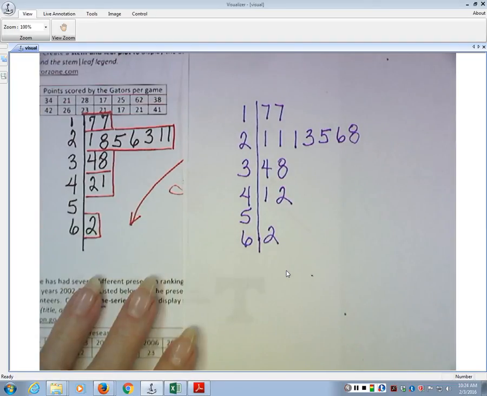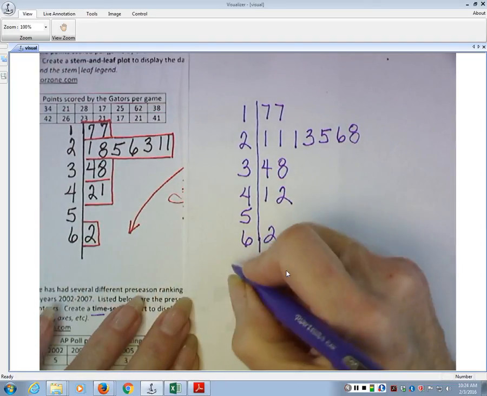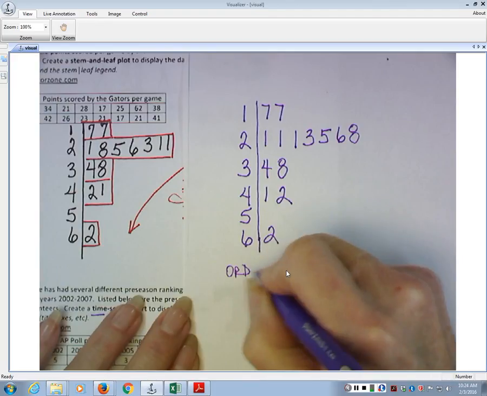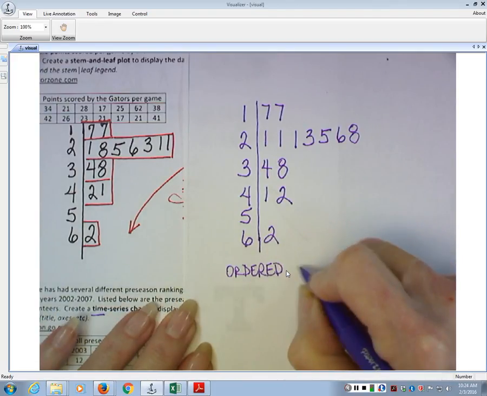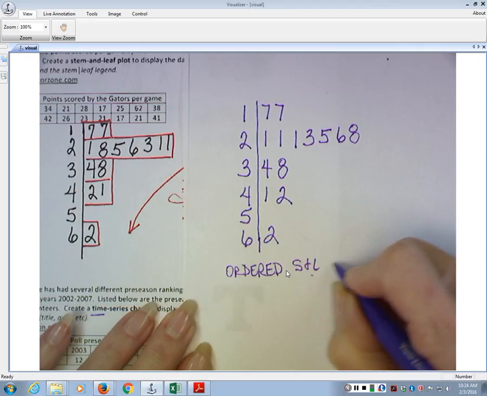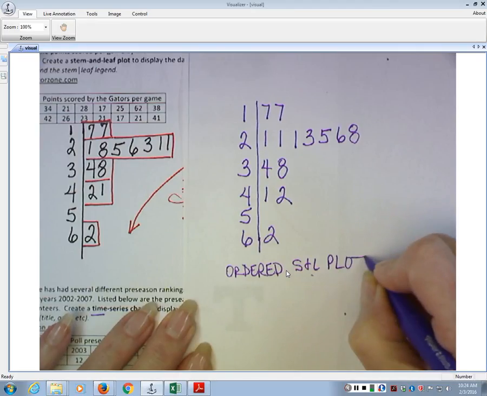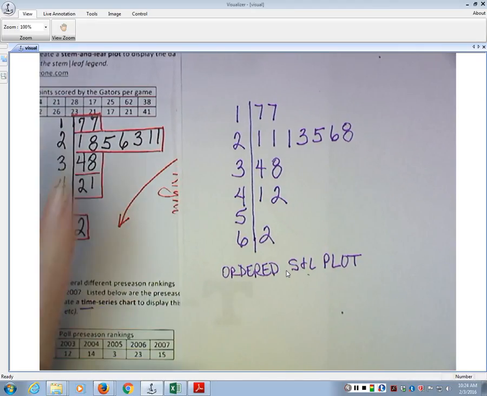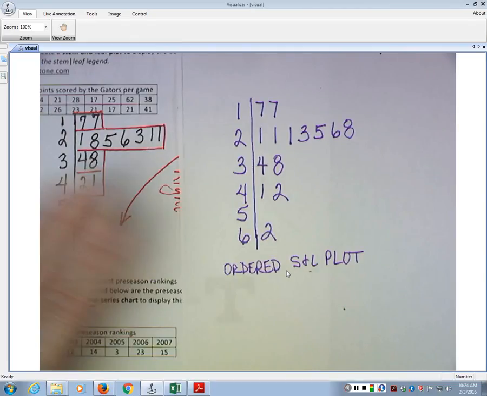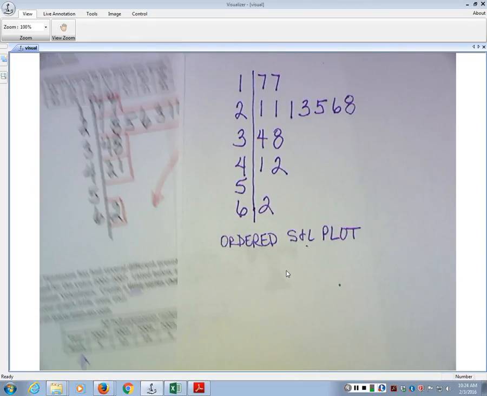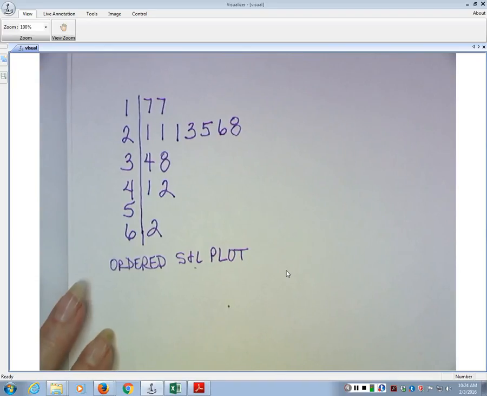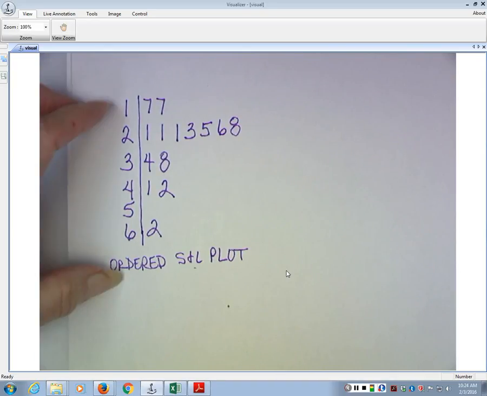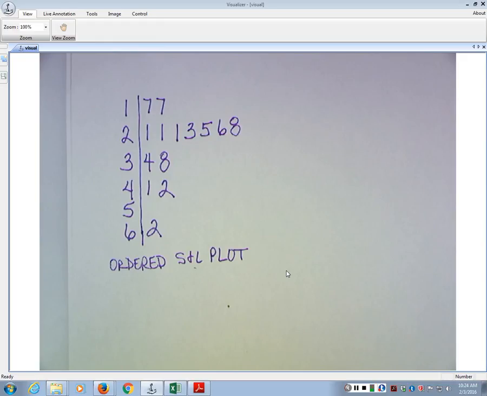Now, this is called an ordered stem and leaf plot, meaning your data is rank ordered before you put it in the plot. And here's the good thing about that. There's something you can do with this that you can't do with this one. And this is going to come up in the next chapter. Not only can you see the spread of the data and the distribution of the data, but